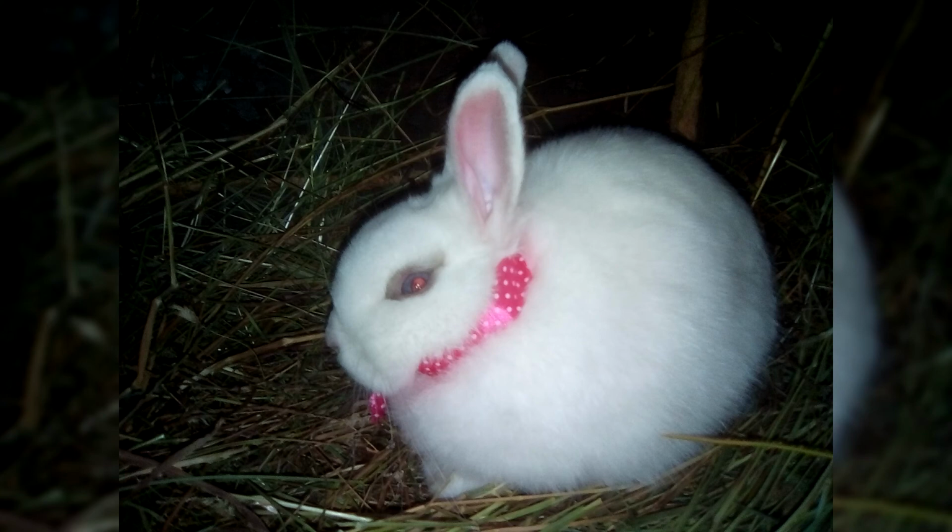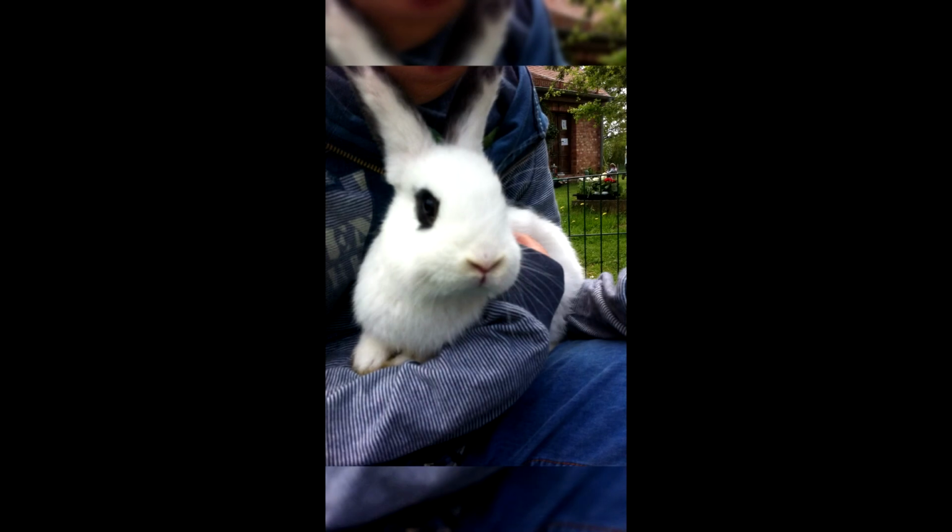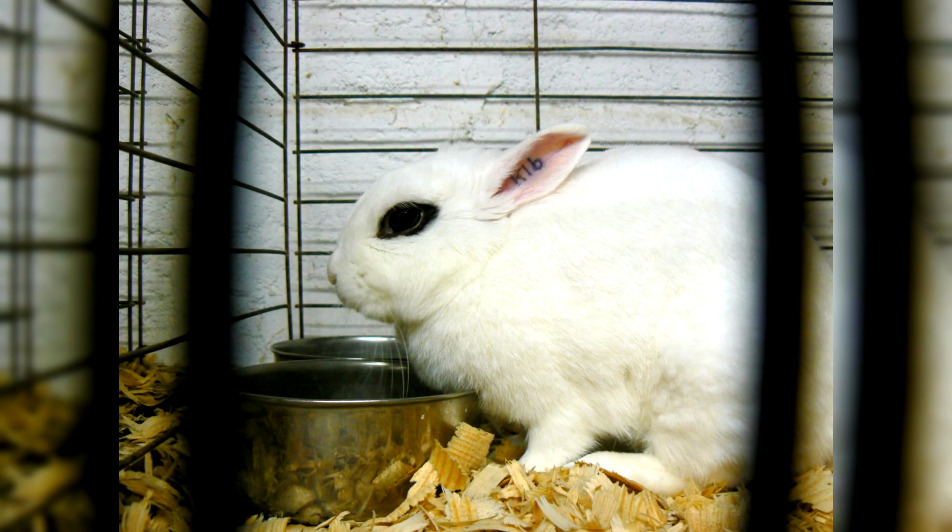If the dwarf rabbit is allowed to move freely around the house, be sure to raise the wires, valuables, shoes higher, and invite him to gnaw on something more suitable, like branches, special toys or wicker balls. Such precautions will not only protect things and furniture from sharp small teeth, but will also help to avoid health problems of dwarf rabbits, oral problems, when overgrown teeth form an incorrect bite,